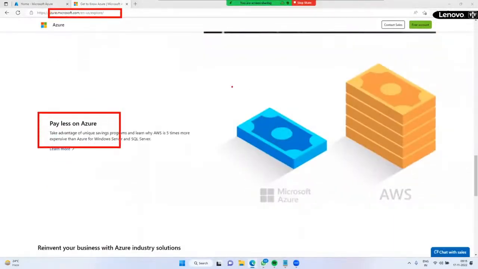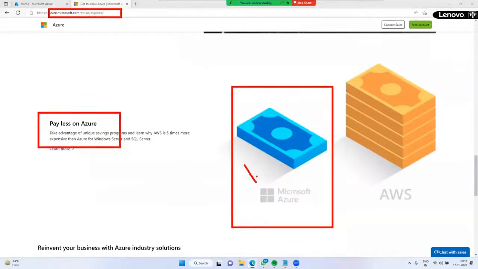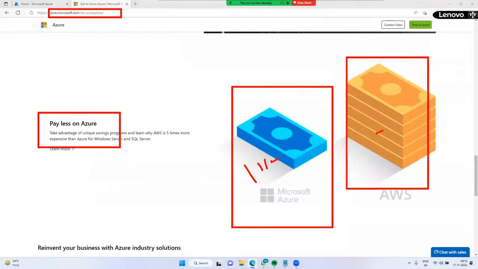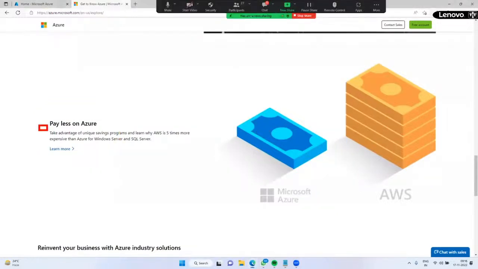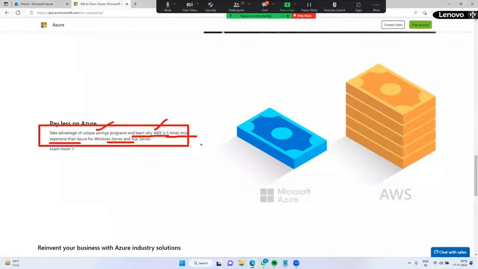In Azure, one service cost is assumed at 1 rupee, while in AWS they are charging 5 rupees. That's what I said, 50% of products belong to Microsoft only. They are providing services at a cheaper cost than AWS. Take advantage of the savings program. Learn why AWS is 5 times more expensive than Azure for Windows Server and SQL Server.